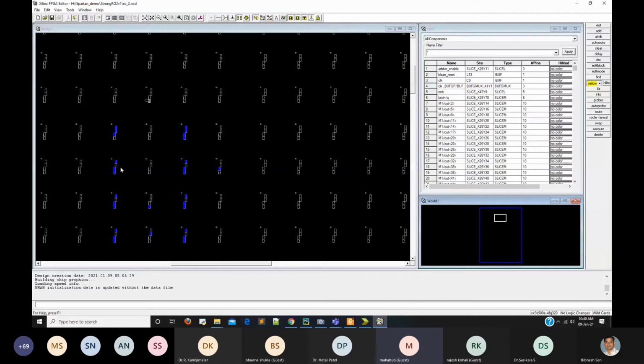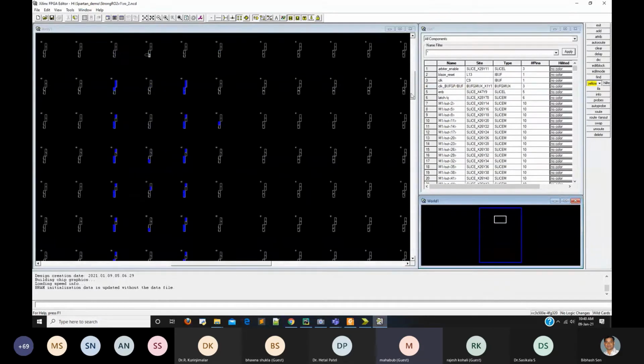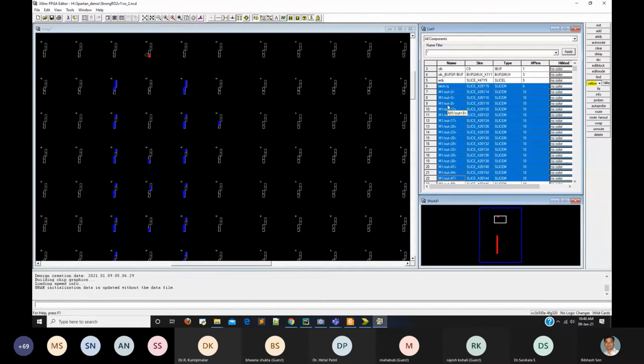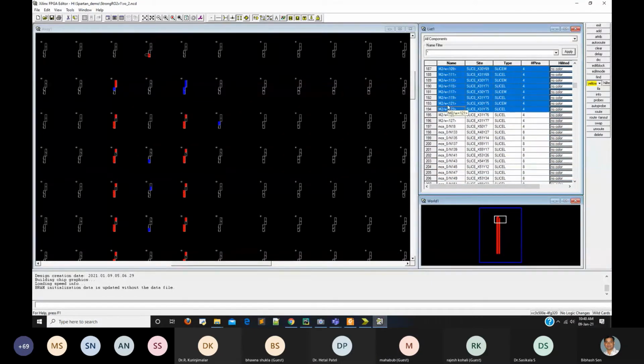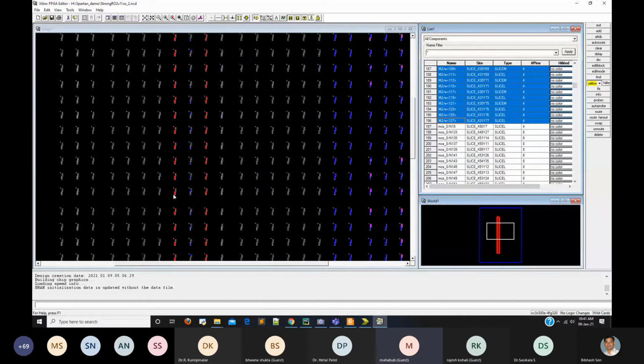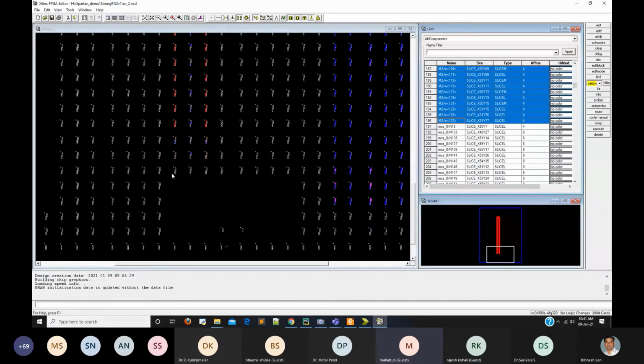See, this portion contains the arbiter buffer. Let me mark this portion. This red portion contains our implemented arbiter path.